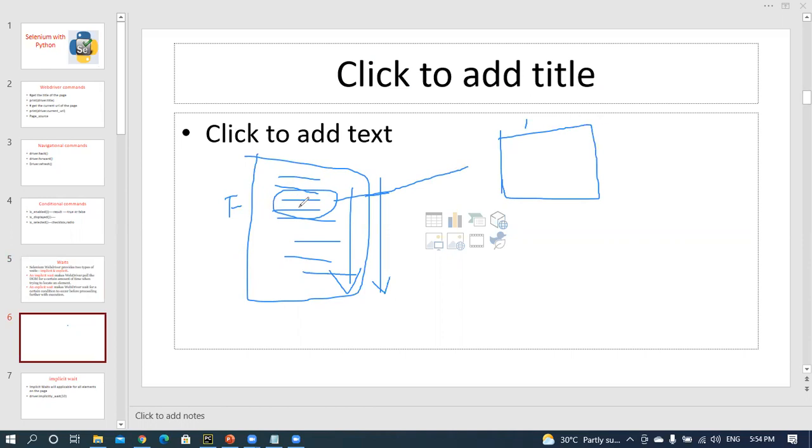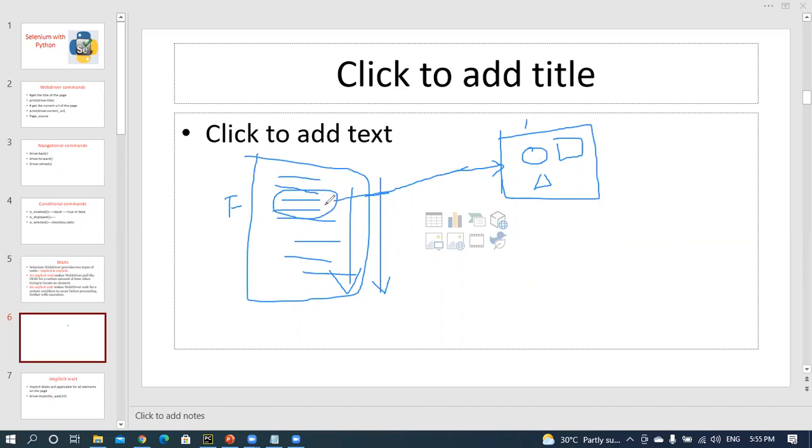This find element by id requires one element out of the collection of elements on the web page. How can you get that element? It requires that element, but that element is not loaded at that time.